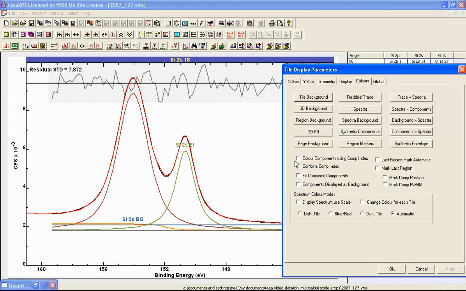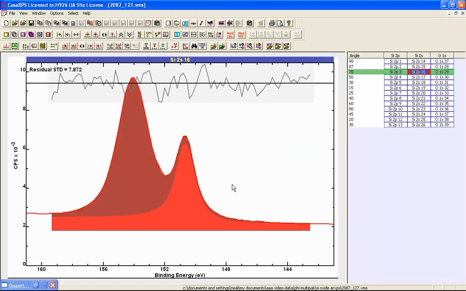And the way a component is designated as a background in CasaXPS is to use the component index. And we can specify that components should be displayed as a background if the component index is -1. So when I tick all these boxes and press OK, what we see